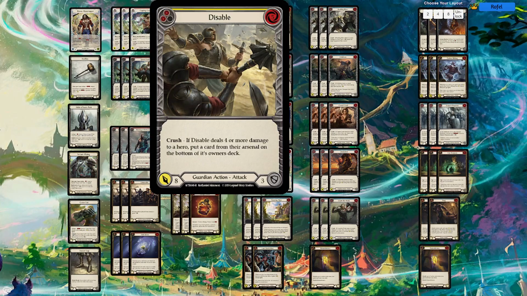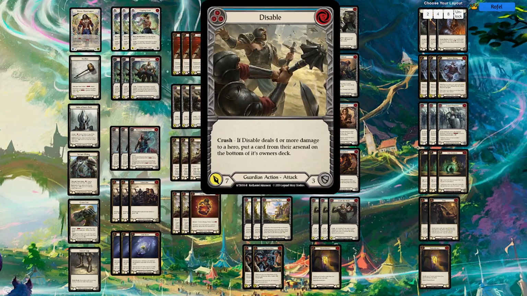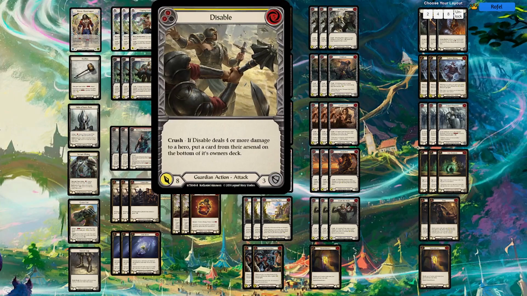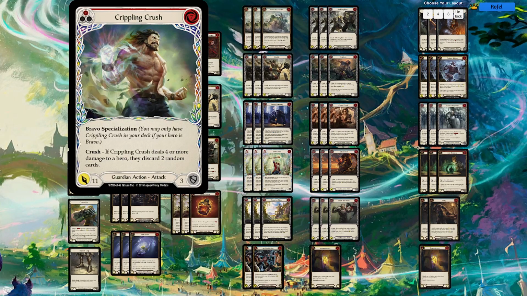So the disables and the spinal crush, you're just trying to get those out of the way to clear a path for your crippling crush. It's kind of a key thing: I'll throw out the disables, the command and conquers like rouse and just hammer, just trying to get cards out of my opponent. Sometimes I'll just throw a spinal crush just to get cards out of them, but really the crippling crush